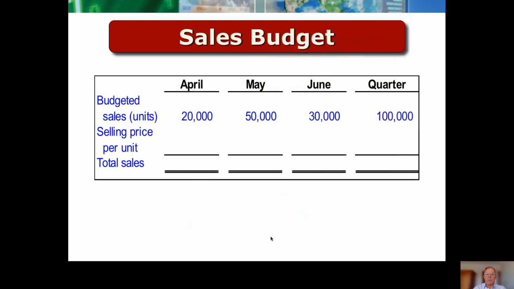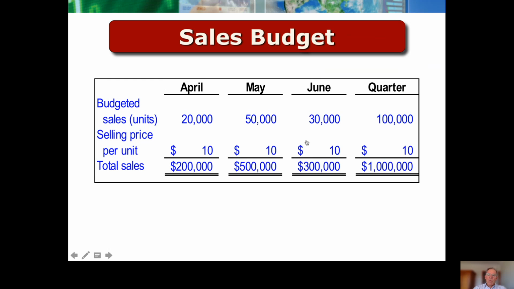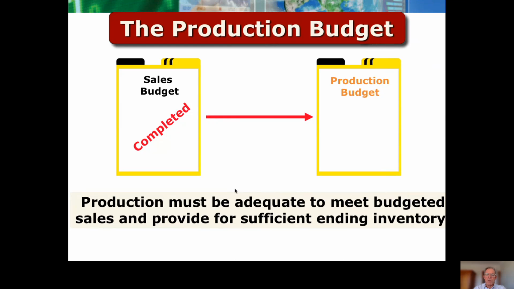So away we go. Set out our budget. Excel spreadsheet really lends itself well to the budgeting process. First thing to slot into our budget is the estimated sales we're hoping for. And we've got the quarter, 3 months, quarter ended, added those together. Put in the selling price, and we've got estimated sales in dollar values.